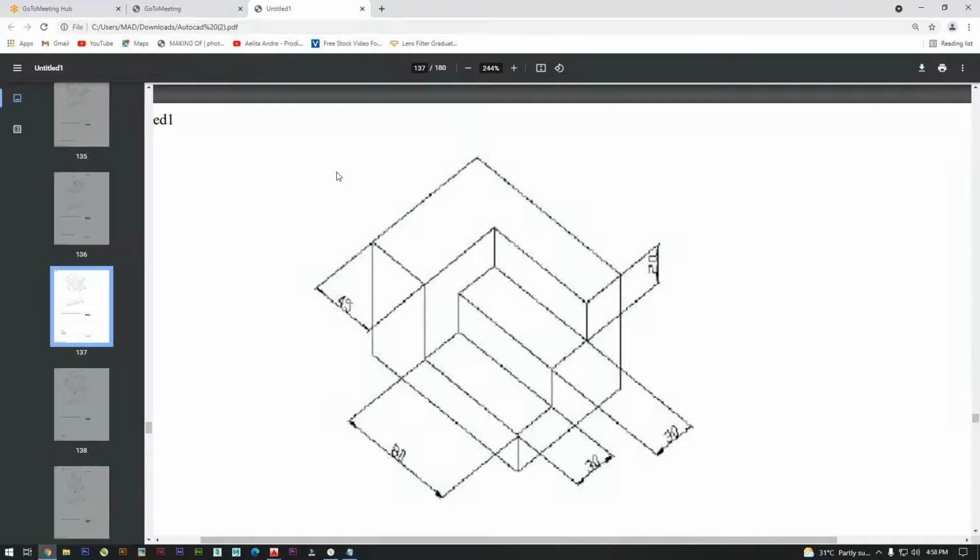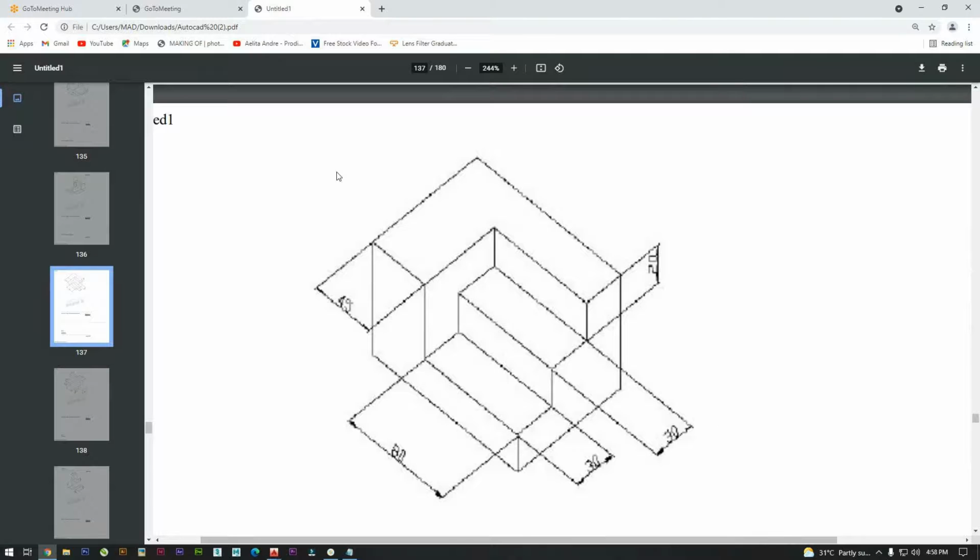I said one word. Directly, isometric. We can't do this drawing directly, right? We need to make some preliminary settings and then do it. Isometric. Yes. So these drawings are called isometric drawings.